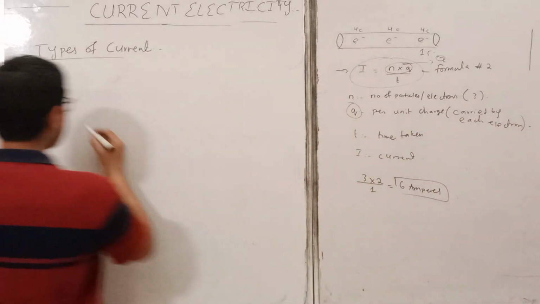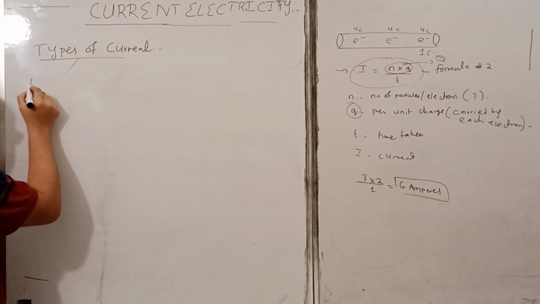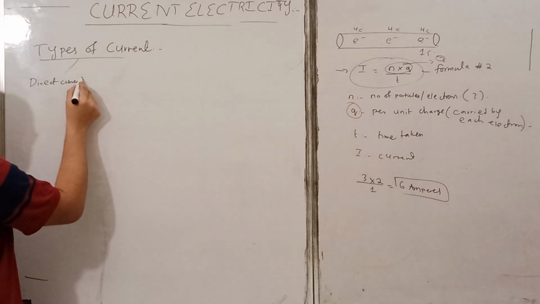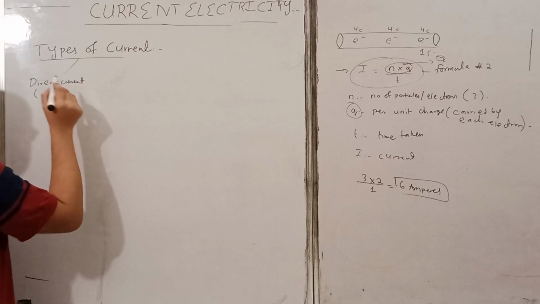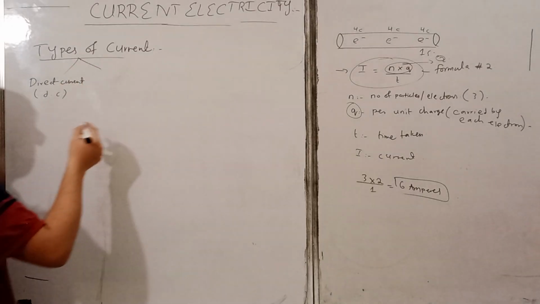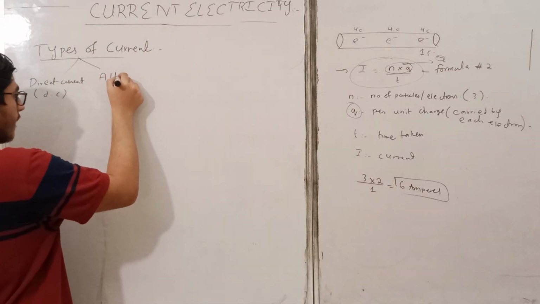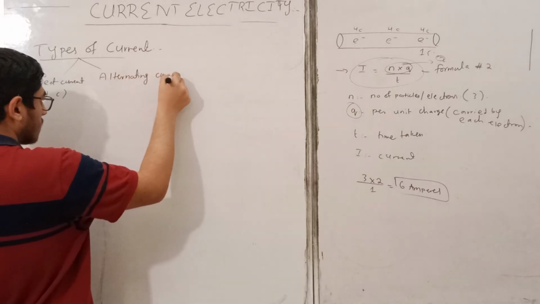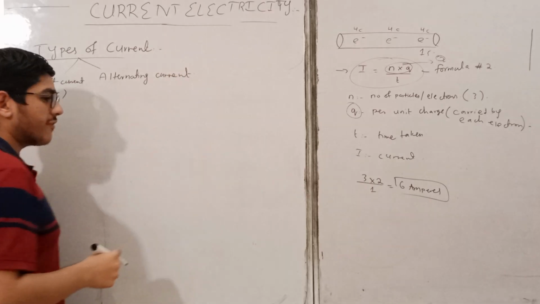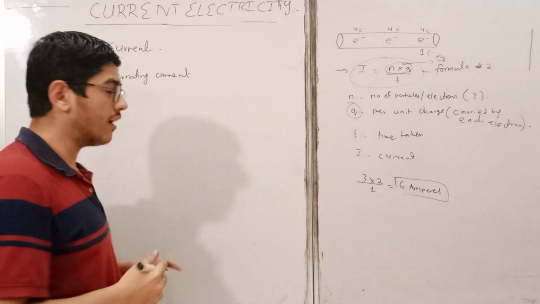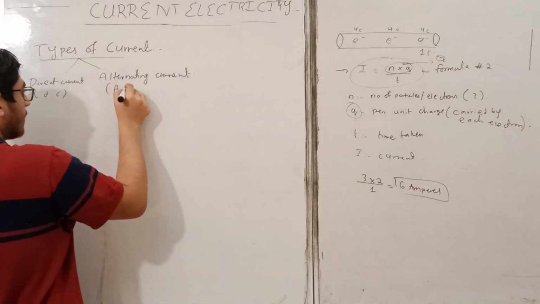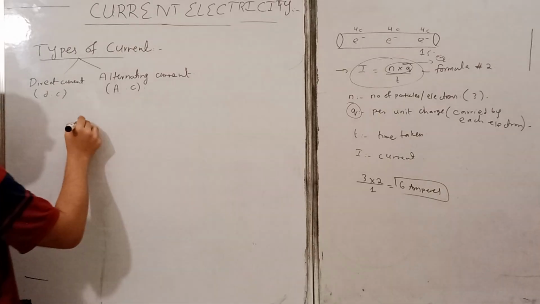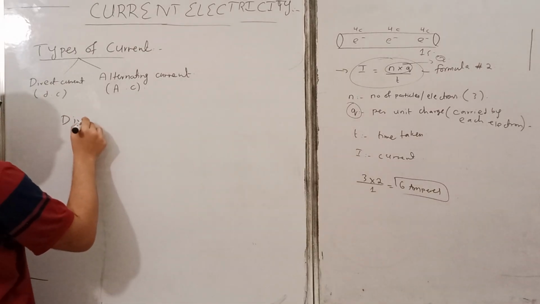Yes. So let's continue. The first type of current is direct current, which is represented by DC. And the second type of current is alternating current, which is the invention of the great scientist Nikola Tesla, and it is represented by AC. Now, if we differentiate between direct current and alternating current,